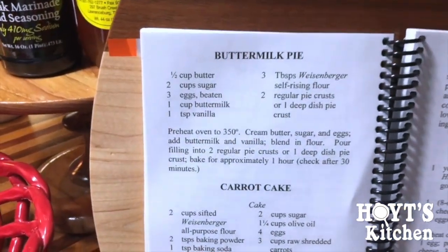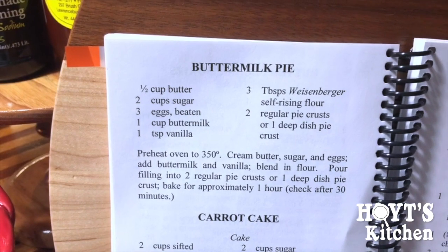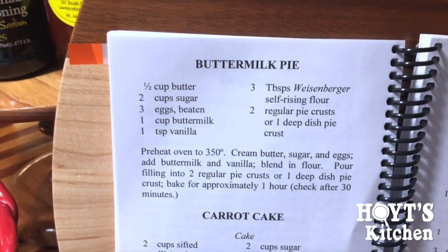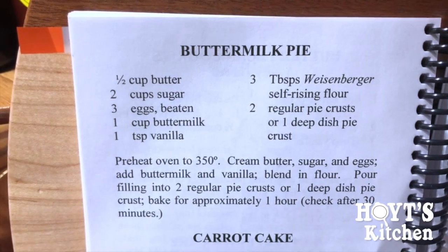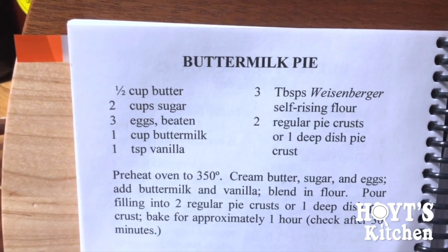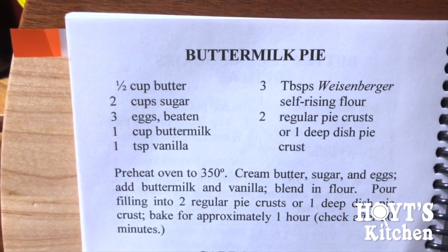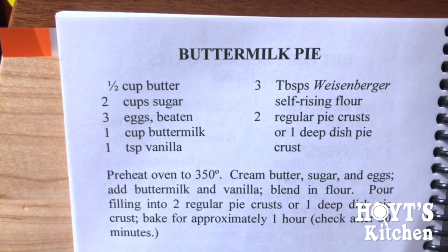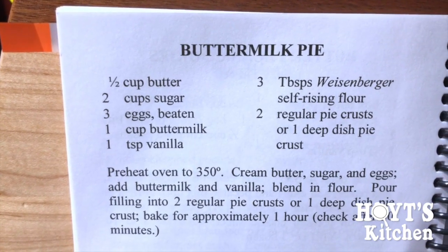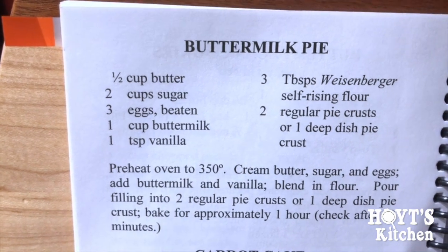I guess we can say that this is going to be pie month. We've had 2 pies before. Now this is going to be the 3rd pie this month. And I guess we can call it pie month. We've had a pecan pie 2 weeks ago and a peanut butter pie last week. So this Friday we're going to have